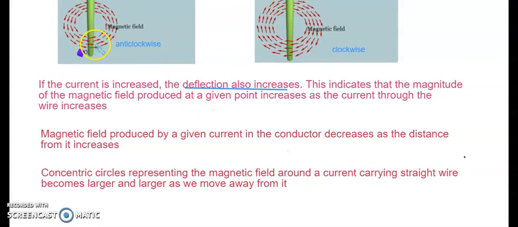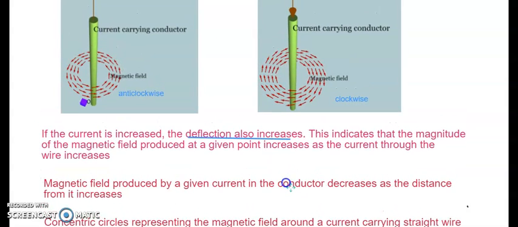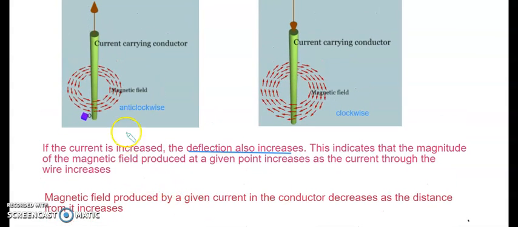So if you see the magnetic field lines in the above pictures, in one of the pictures the number of field lines is very less compared to the other. That means the amount of current flowing in the first case was less compared to the second case, right? So there is less current flowing in this particular case, therefore the number of field lines is less, whereas a larger amount of current is flowing here, therefore there are a larger number of magnetic field lines. So that's what the statement says. As the current increases, the deflection also increases.